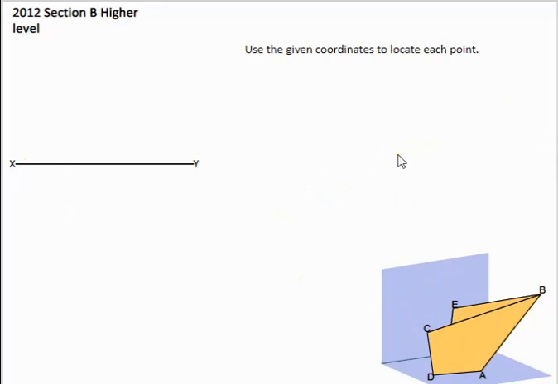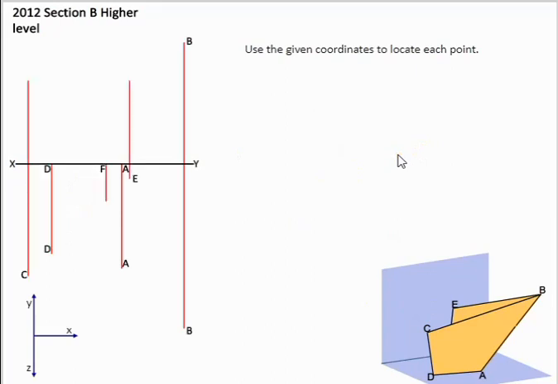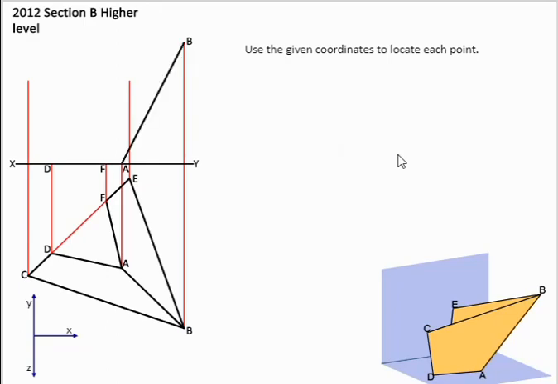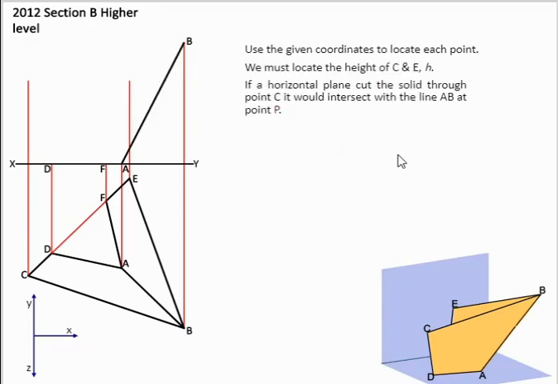So if we set it up first of all, all the points are marked off here. In plan we could draw the entire plan, and then in the elevation we could draw only a certain amount of detail because we didn't have a height for point C or for point E. In the 3D graphic I've drawn in a slicing plane cutting across, and it happens to be parallel to the edge